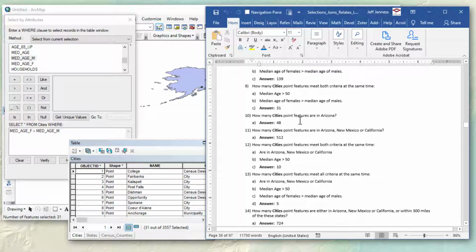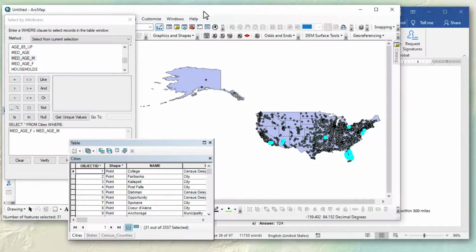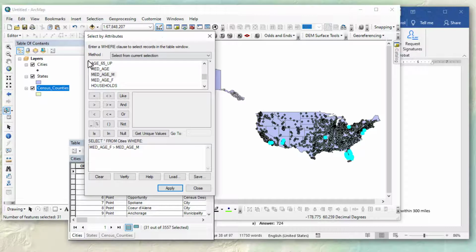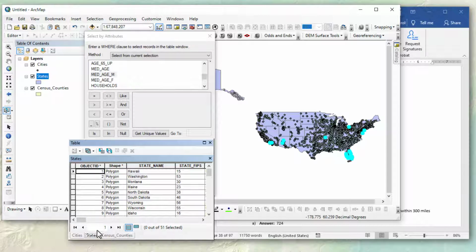Question 10. How many cities' point features are in Arizona? Okay, this is a combination of select by attributes and select by location. The first thing we have to do is select the state of Arizona. So I'm going to open up the states attribute table,